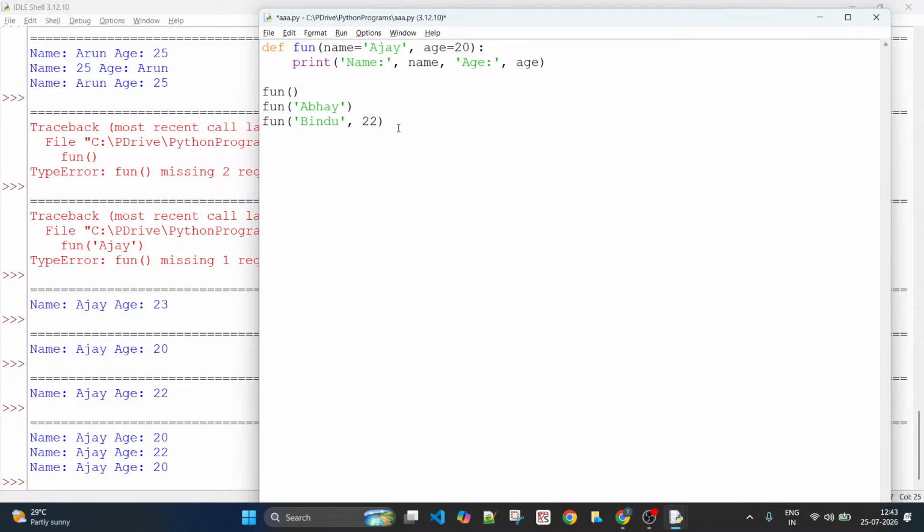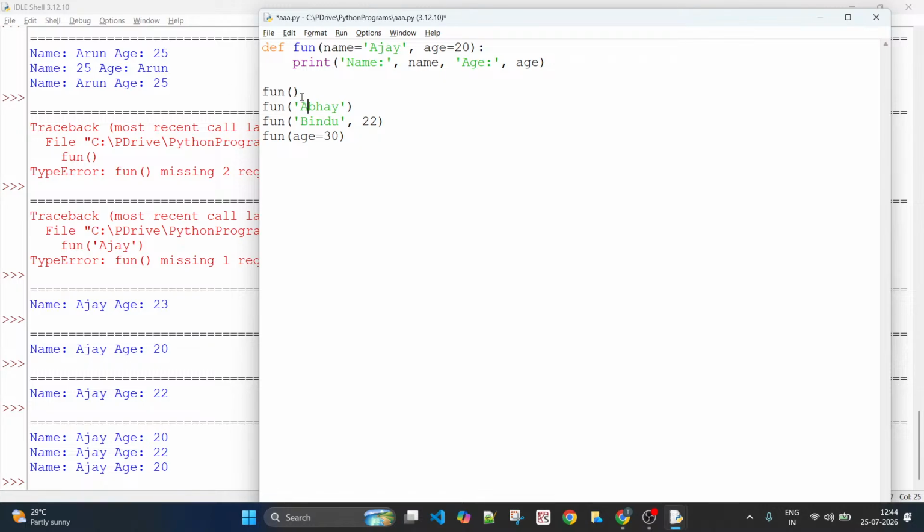The other way is I can only pass age, using keyword arguments. If I have passed only age, what would the name be? It would consider name as Ajay automatically because that's the default value.